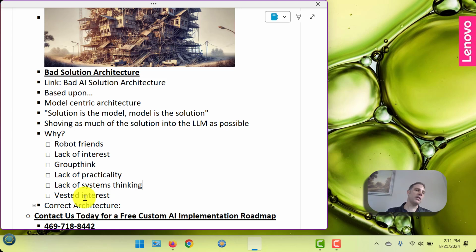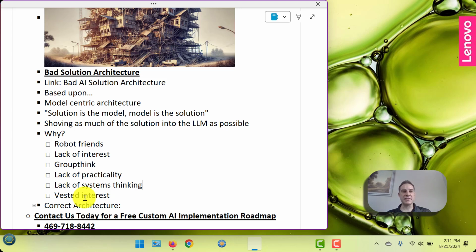And there's, again, along the same lines, a lot of groupthink here. And I think it's a lack of practicality. It's also a lack of systems thinking. Again, you have a bunch of machine learning engineers, computer scientists with PhDs, who don't really understand how to fit these within real world scenarios. And they're just trying to solve these kind of hypothetical problems that are very interesting and that sound more fun.